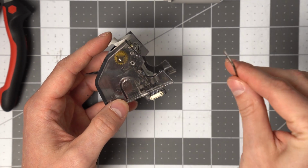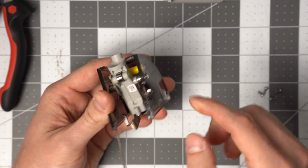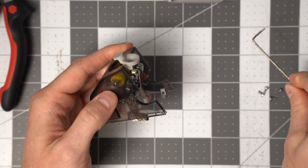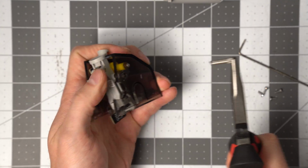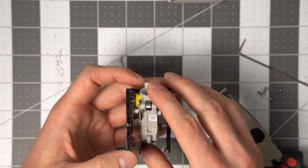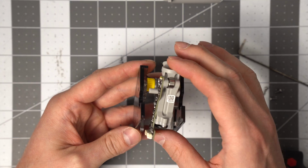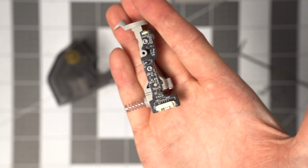Now we can take that 1.5mm Allen key again, and we can push it through this hole, and pushing it through that hole is going to pop that end of the shaft out. And we can grab our pliers and just pull it the rest of the way out. And so now we have the shaft released from the top half of the feeder, and the funnel basically just sits on this stud in the housing, and so you just pull it to the side and you pull it out, and now this part is free of the first stage feeder,